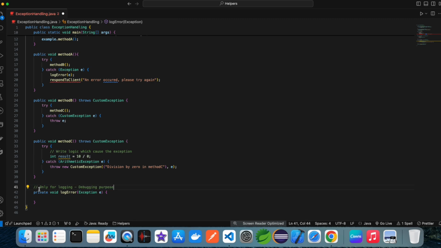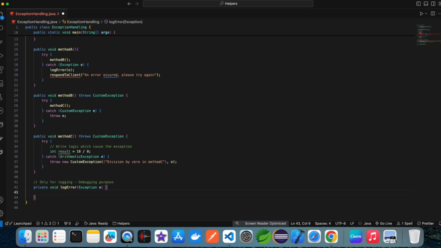I also write the comment here. This is only for the debugging purpose. And here in println I simply pass the message. Now for the user I make another method